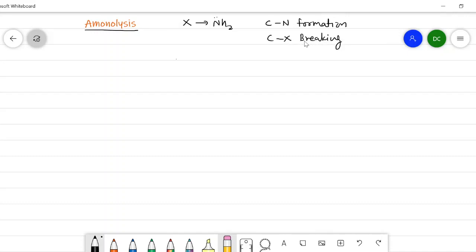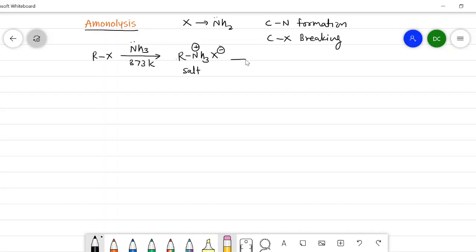So we have to take an alkyl halide and treat this alkyl halide with ammonia. Then there is a breaking of the carbon halogen bond and formation of the carbon nitrogen bond. This reaction occurs at a higher temperature. Let us consider the general reaction here. RX, that is alkyl halide, when it is treated with ammonia, NH3, at a higher temperature, 373 Kelvin, what happens? The quaternization of ammonia occurs and it produces this type of salt, an alkyl ammonium salt.